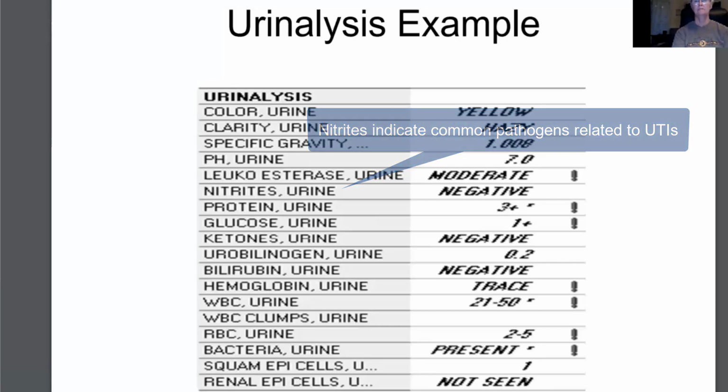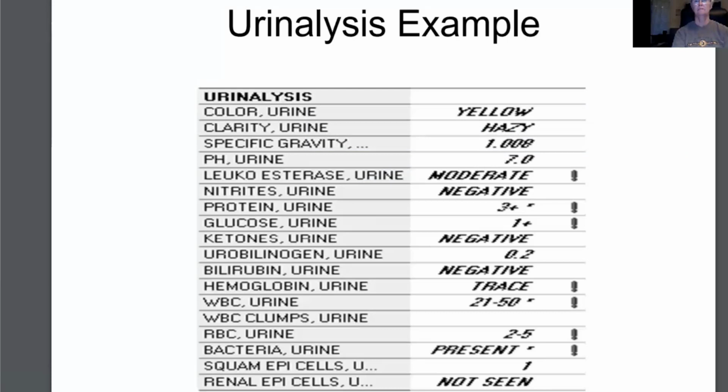So if both the leukocyte esterase and the nitrites are positive, chances are there's bacteria somewhere in there. It's important to note, though, if the patient is not having any symptoms of a UTI, so if they're not feeling like they have to go to the bathroom, if they're not having any pain when they go, no tenderness kind of where their bladder is, but they do have positive urine results that may suggest a UTI, they might just be what we call colonized with bacteria,